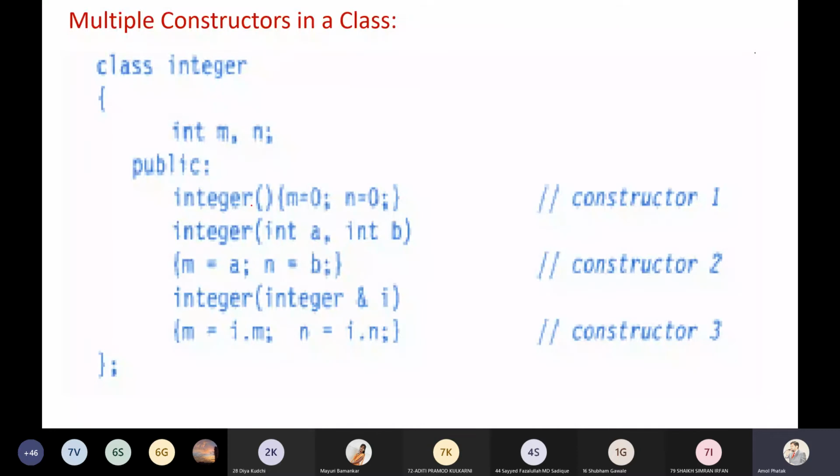But remember, a constructor can be uniquely identified by its definition. The compiler should identify that this constructor is different, this one is different, and this one is also different. It should be in a position to identify the separation of each constructor, and that is possible with the help of the number of parameters you are passing, or the type of parameters you are passing. If two constructors have the same number of parameters and the same integer type, the compiler will not identify them. So this is the example: the name of the class is integer,